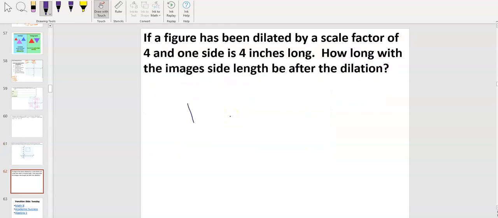And then the last thing I'm doing is if I have a shape, and it doesn't matter what shape, but it has been dilated by a scale factor of 4, and one side is 4 inches long, then how long will the image side's length be after the dilation? So if I start with a 4 and I'm dilating by 4, I'm just going to do 4 times 4, which is 16. So my new, well,